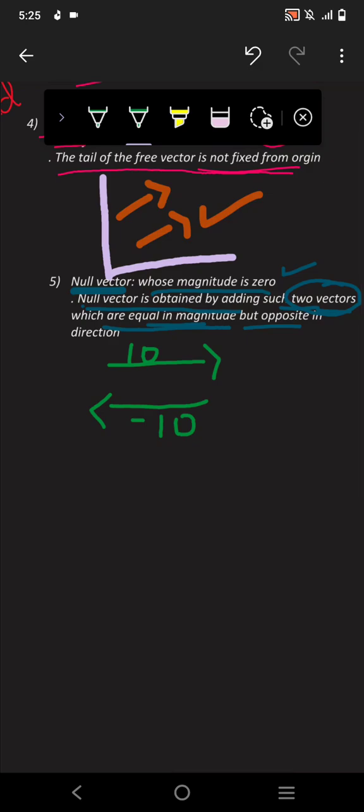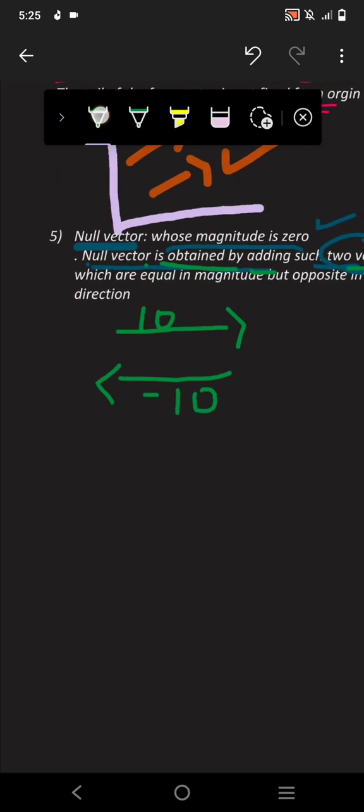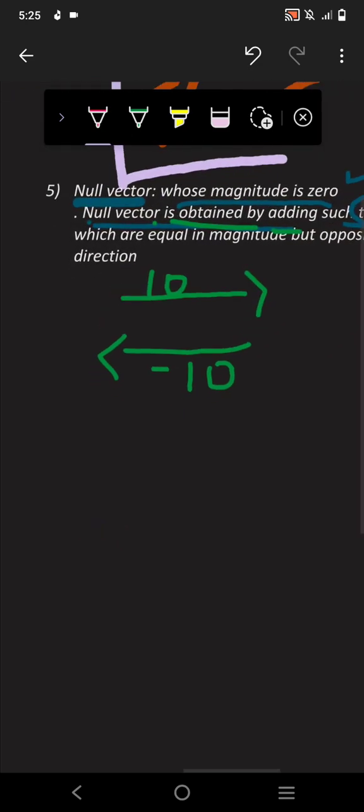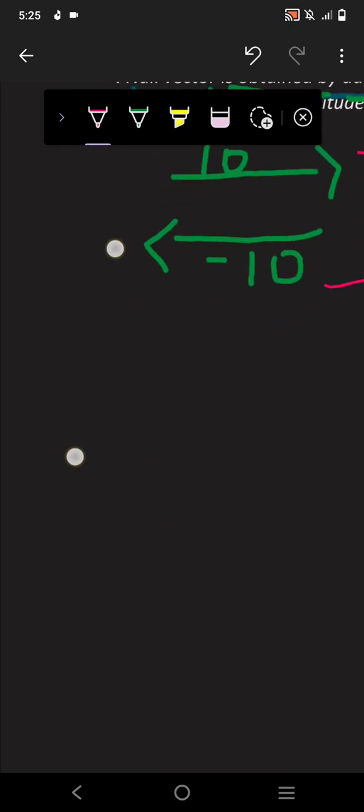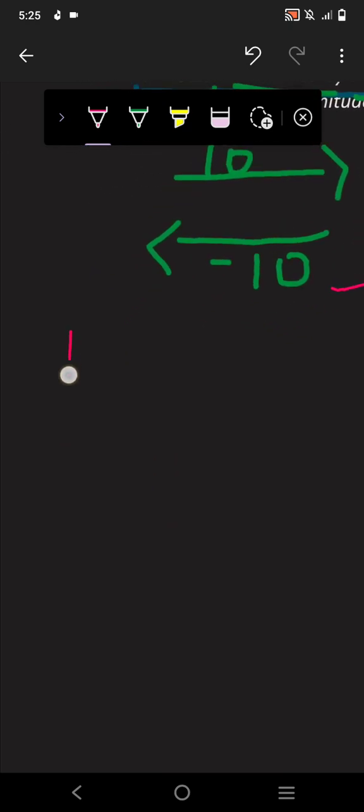So instead of this statement, you can also write negative vector. Now the statement says obtained by, when do we get a null vector? By adding. So if we add